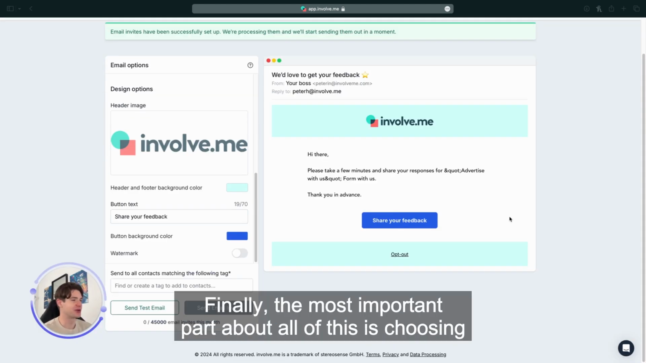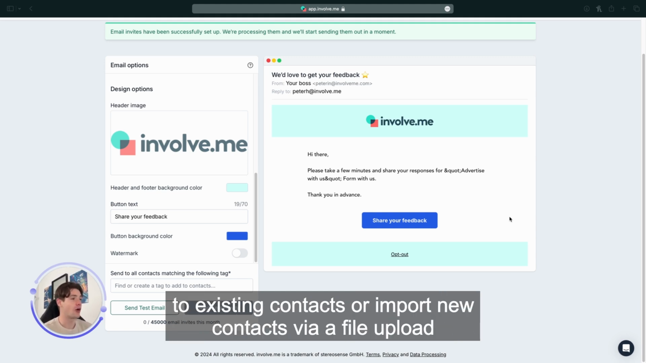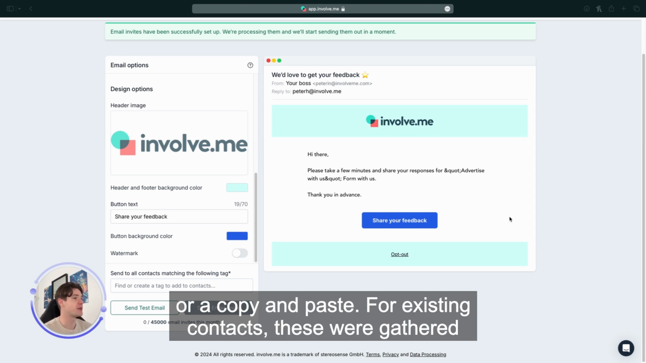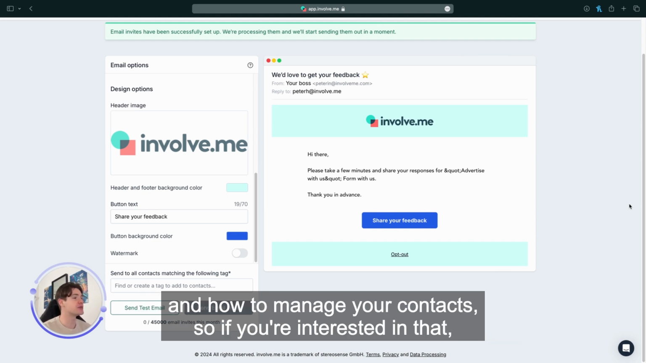Finally, the most important part about all of this is choosing which contacts to invite. You can send invitations to existing contacts or import new contacts via a file upload or a copy and paste. For existing contacts, these were gathered from other projects and have been tagged. There's a different tutorial on tagging and how to manage your contacts, so if you're interested in that, feel free